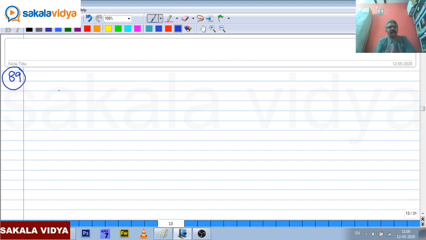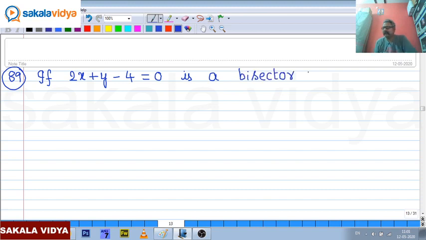Problem 89. If 2x plus y minus 4 equals 0 is a bisector of the angles between the lines